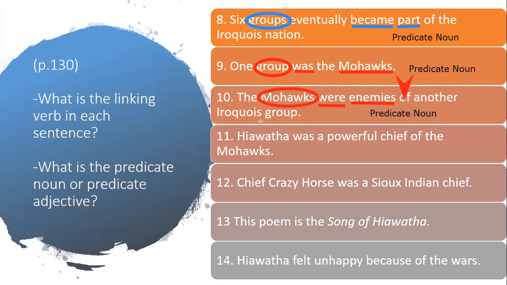Again, we do the same thing. Let's do a different color. So let me erase this because I want it in a different color, and then I have to go back here. Okay, so we identify the verb, which is was, and we identify the subject as well. Who or what are we talking about? We're talking about Hiawatha. So we circle this in,